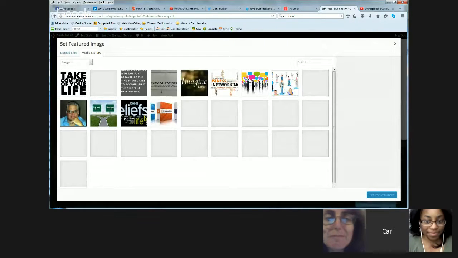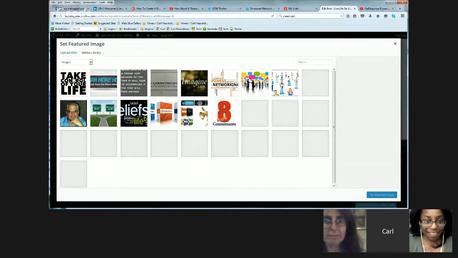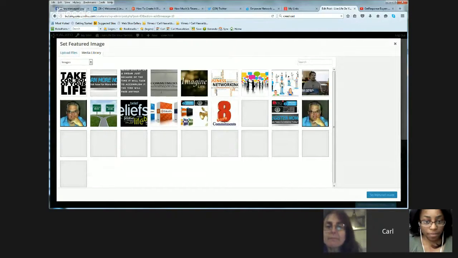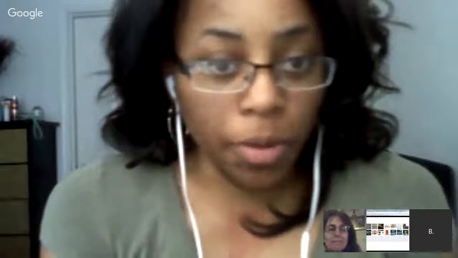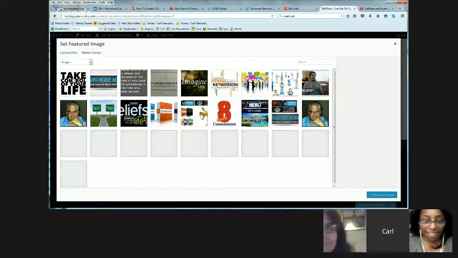Now, the one thing I want to really caution people about, when you're finding pictures on the internet, make sure they say they're free. Make sure there isn't any watermark on them, because those are copyrighted. And whatever you do,